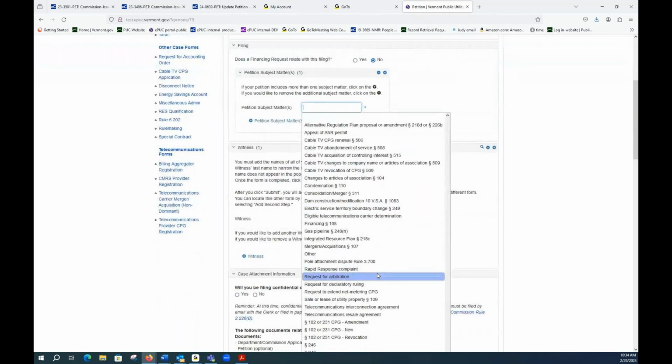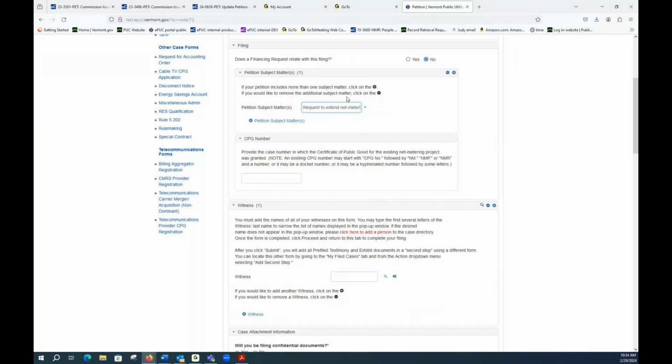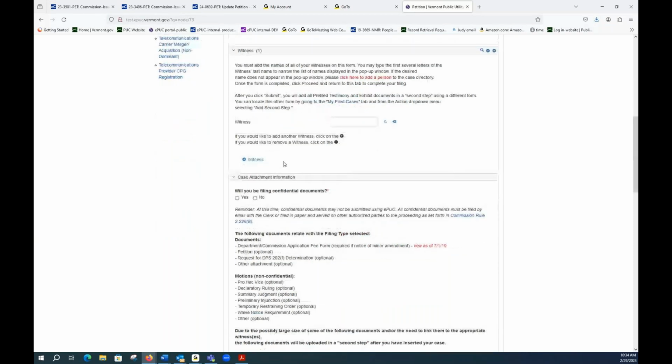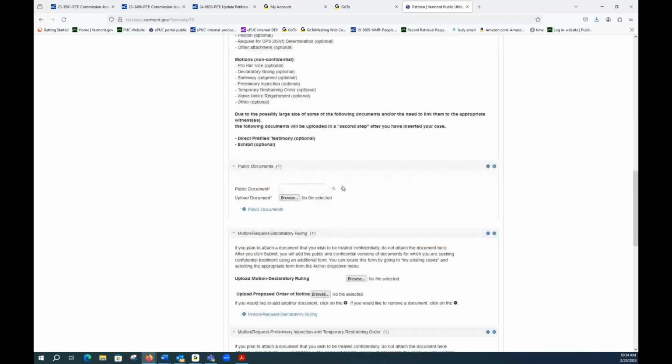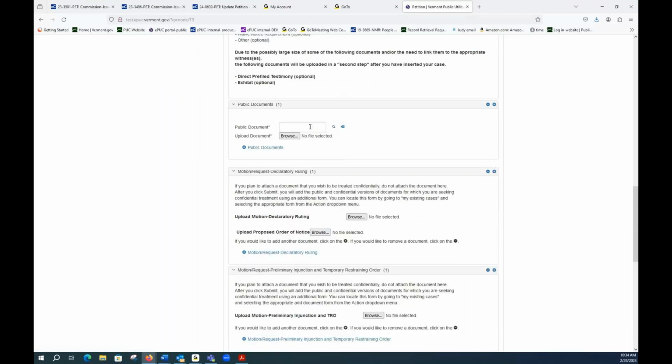And it's important that you make these right choices so the filing comes in and it's clearly delineating what you're requesting. So don't go other, just make it clear that that's your request to extend the net metering. And for the document with your request on it, you're always going to call that a petition